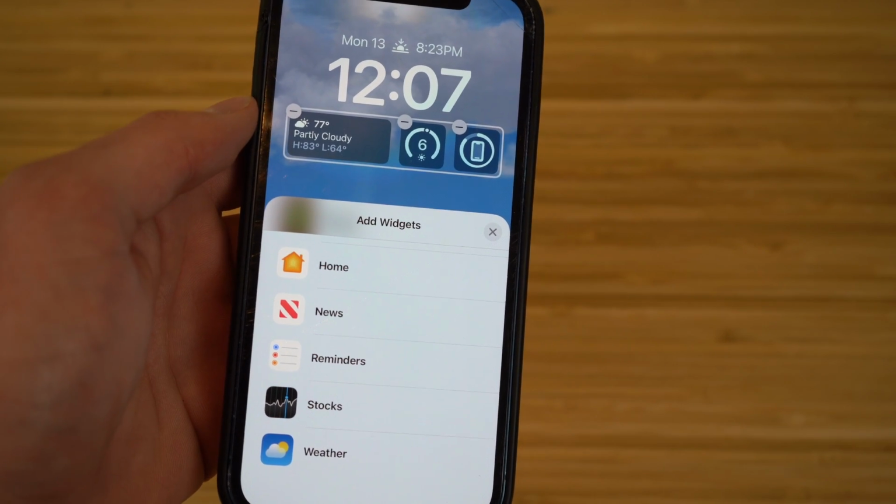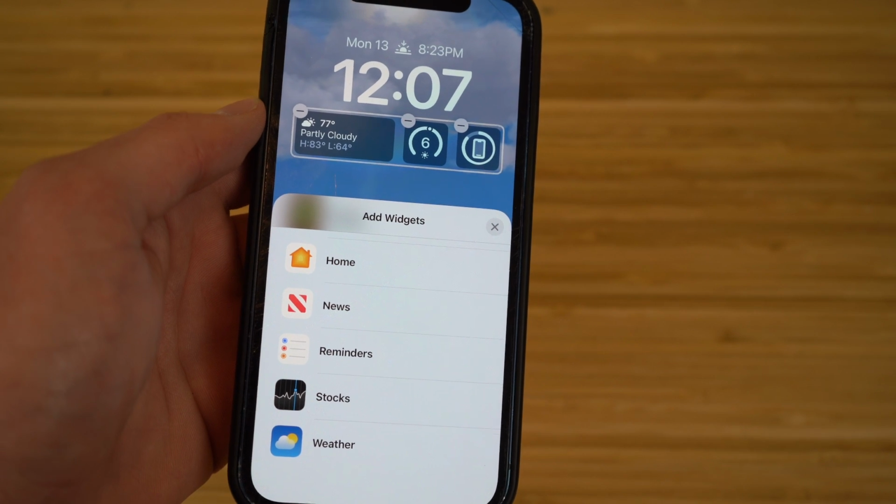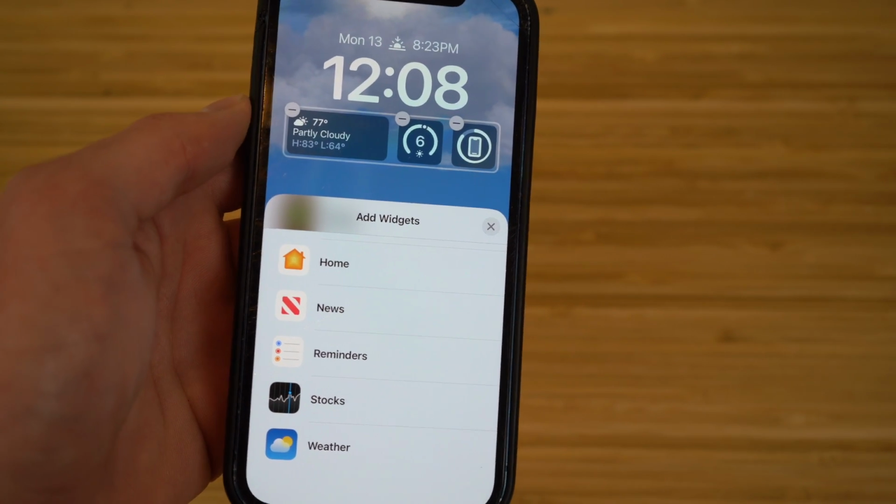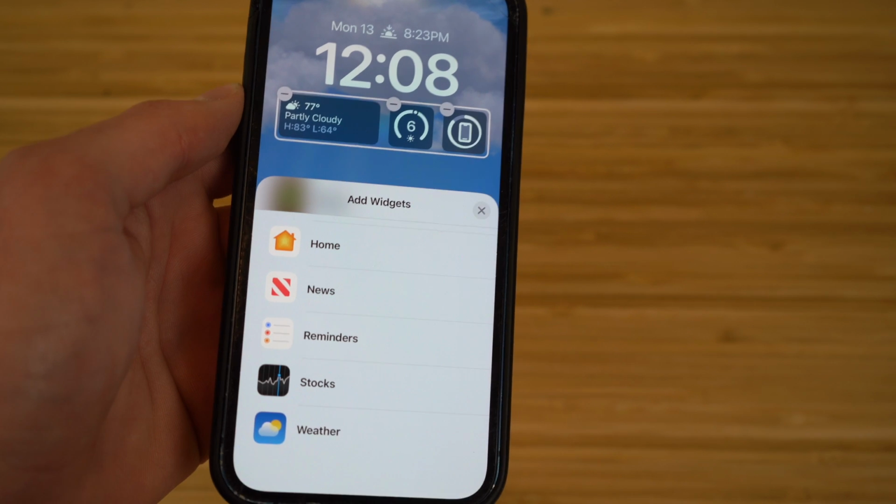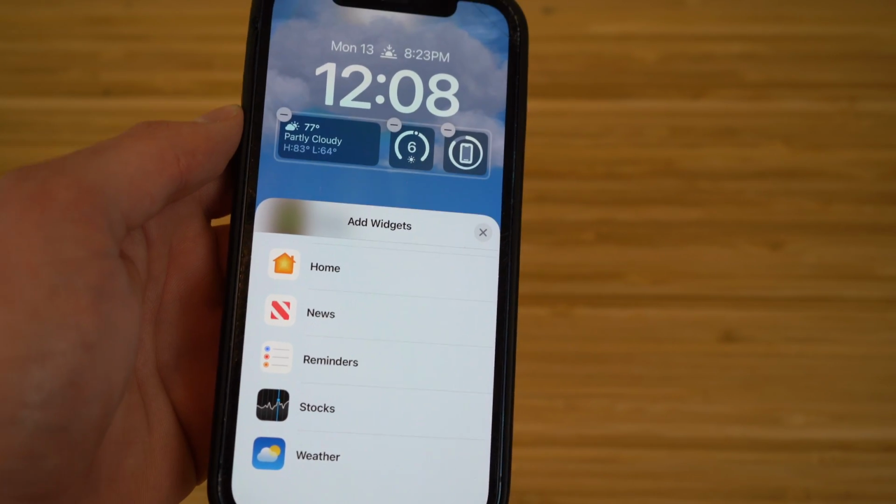So if you guys want to have widgets on your lock screen or customize them in any way you want, you can do that with iOS 16. It's super cool, and I definitely recommend checking that out as soon as you have iOS 16 installed on your